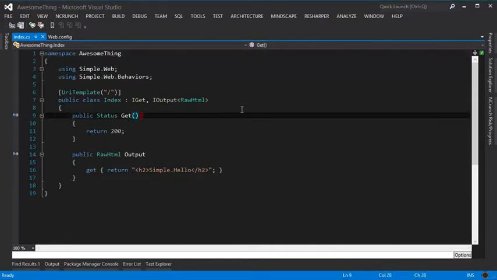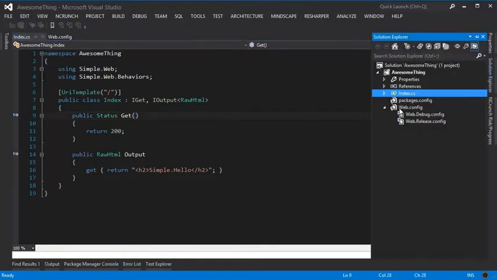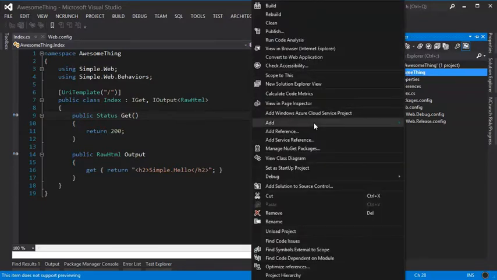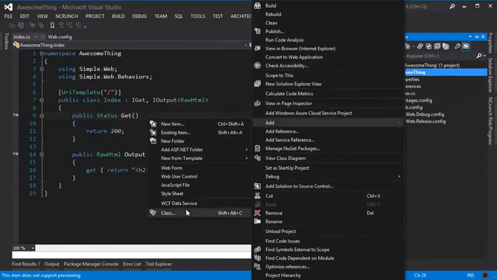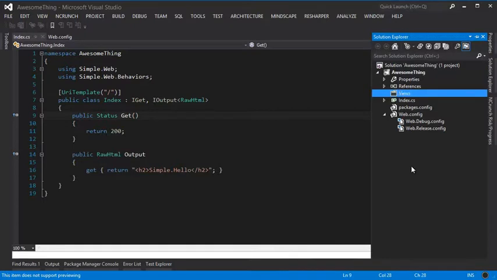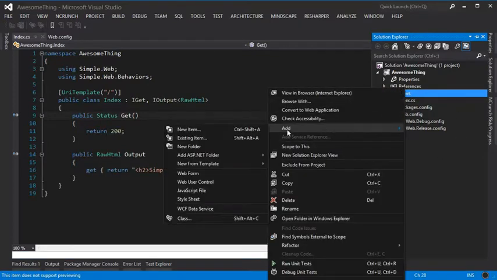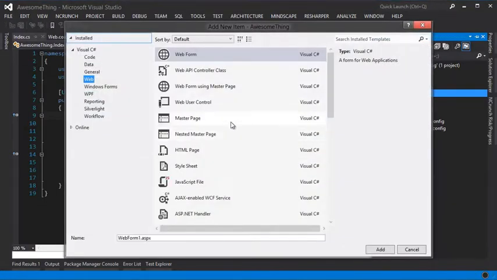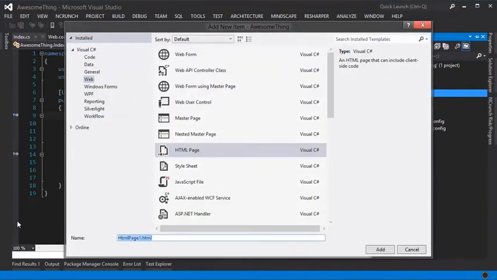and at this point we really want to start looking at views and being able to have slightly more interesting things going on than raw HTML and header things being put out. So we'll add a new folder here, and we'll just call that views as a convention, and then we will add in a new item, and we're going to have to call that an HTML page, and then we'll call that index.cshtml,